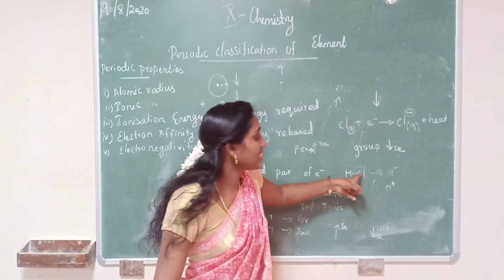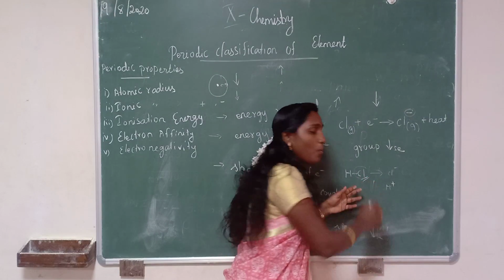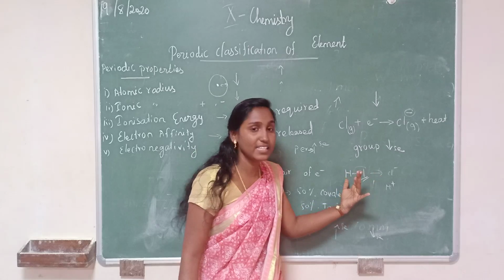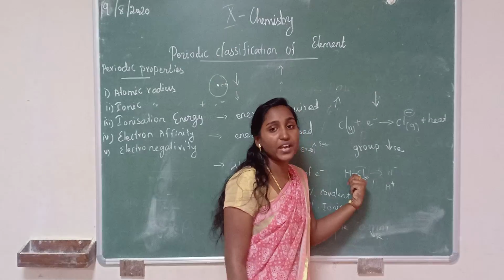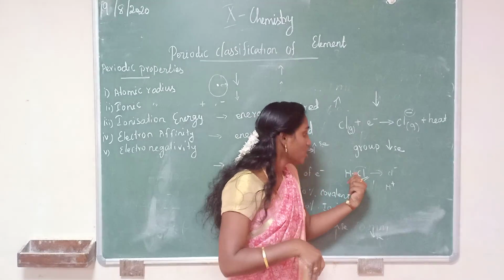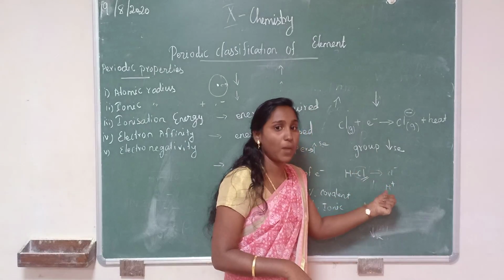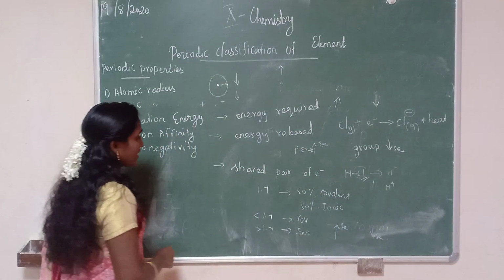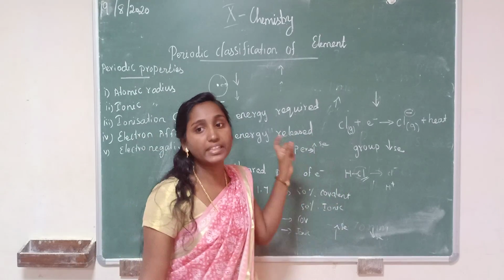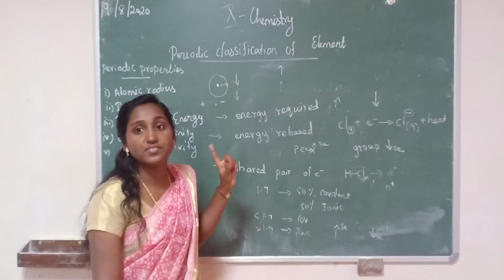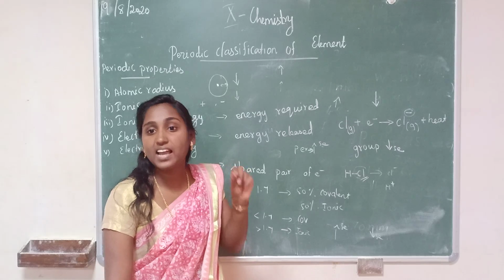Let us consider the HCl molecule. In this HCl molecule, chlorine has more electronegativity than hydrogen. So chlorine will attract the shared pair of electrons towards itself, so that chlorine will get a negative charge and hydrogen will get a positive charge. And the Pauling scale, this is an important thing. Which scale is used to determine the electronegativity? The Pauling scale. Underline this line also. It is given on page number 111.